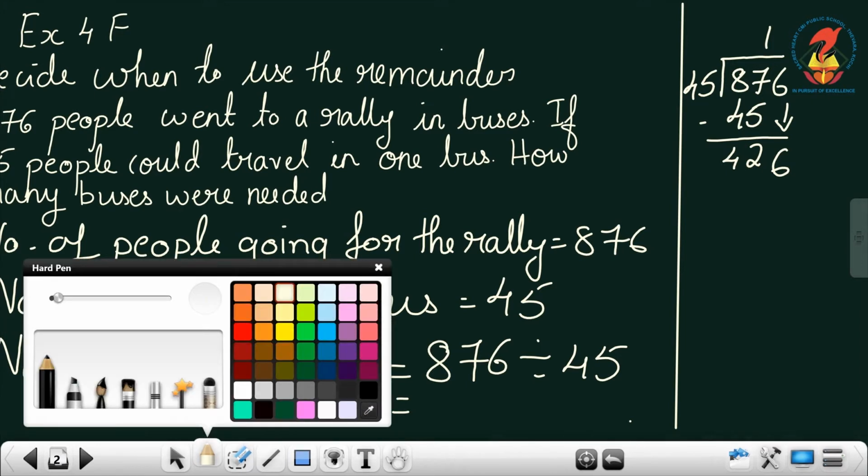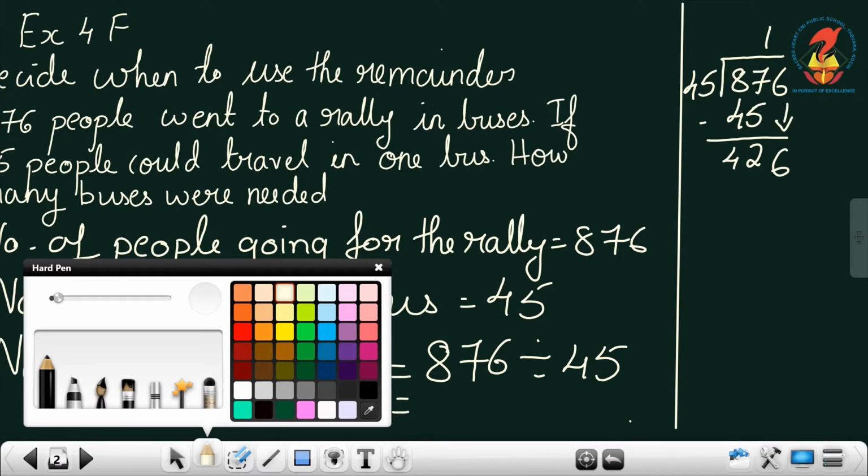Now I have to decide from the 45 table which number I have to take. See, again, take 4 and take the first two digits. I told you when you are having 3 digits, take the first two. So you are having 4 there and you are having 42. 4 table, find a number less than 42. Yes, 4 tens are 40. But can we write 10 in the quotient? No. So we have to go for a single digit.